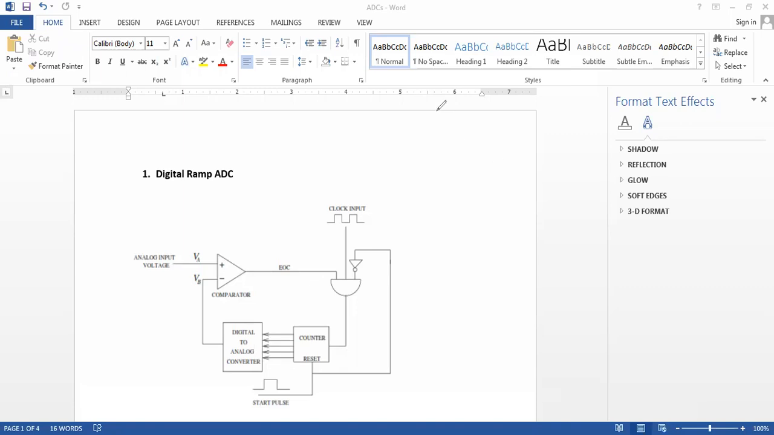We look at a number of analog to digital converters, and the first such converter is what we call the digital ramp converter. The digital ramp converter is as shown on my screen. And as you can see,